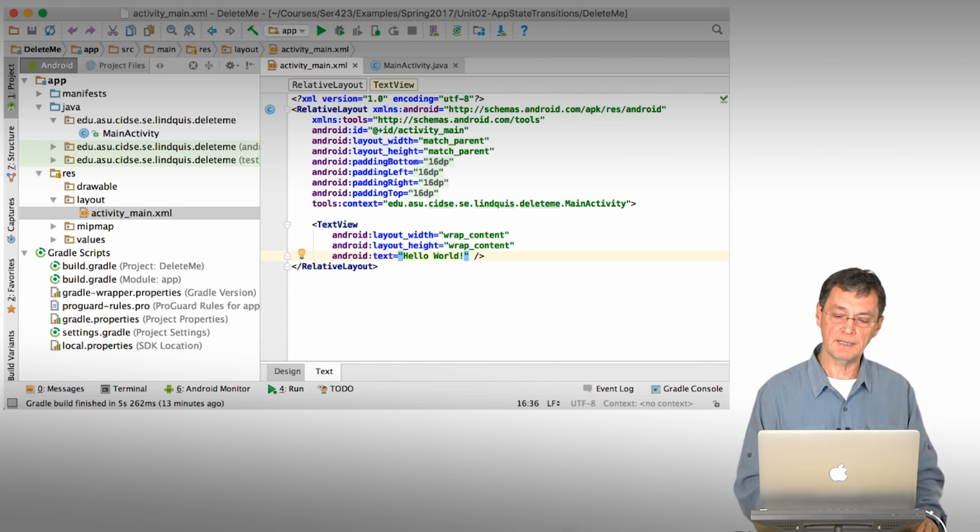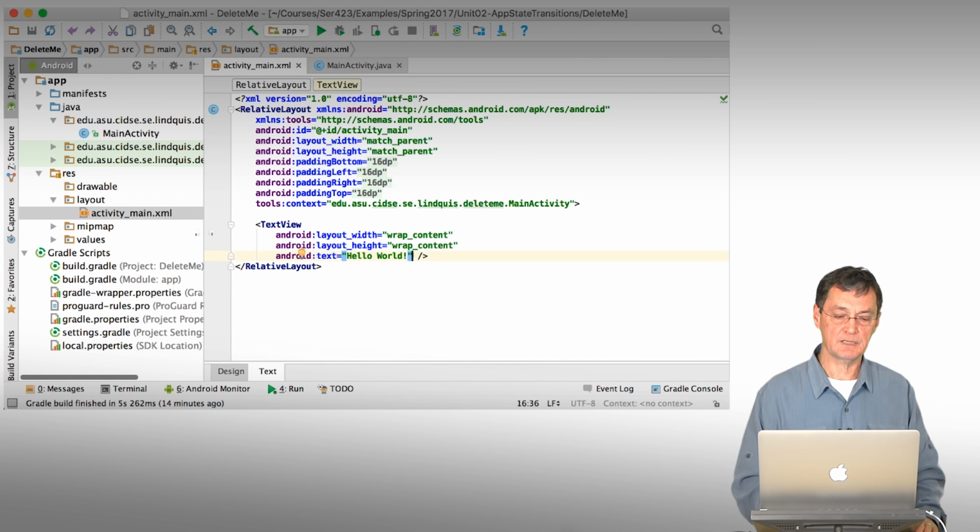So what we're looking at now in the editor area is activity_main.xml. When I selected a single view app, that meant the template was going to create for me a main activity, which is the controller for the single scene or the single view of the app,